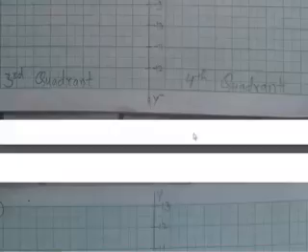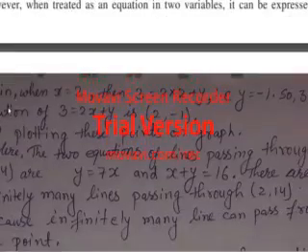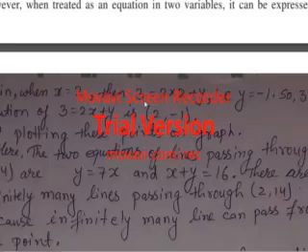Okay, next attached page. This is only the next page. Again, when x is equal to 2, then what will happen? 3 is equal to 2 into 2, because 2x is here. Okay, so 2 into 2 plus y. So now 4 will go to this side. Then y is equal to 3 minus 4. So that means minus is bigger, so minus 1. y is equal to minus 1 when x is equal to 2. So the third solution of 3 is equal to 2x plus y is (2, -1).